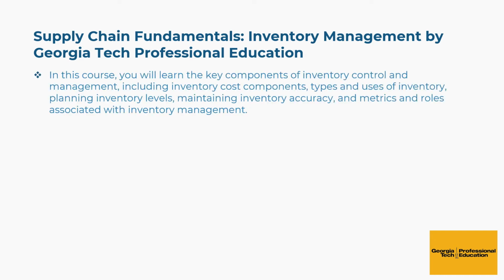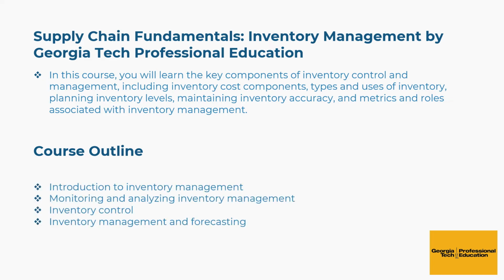Fifth is Supply Chain Fundamentals, Inventory Management by Georgia Tech Professional Education. In this course, you will learn the key components of inventory control and management, including inventory cost components, types and uses of inventory, planning inventory levels, maintaining inventory accuracy, and metrics and roles associated with inventory management. The concepts covered in this course are: introduction to inventory management, monitoring and analyzing inventory management, inventory control, inventory management